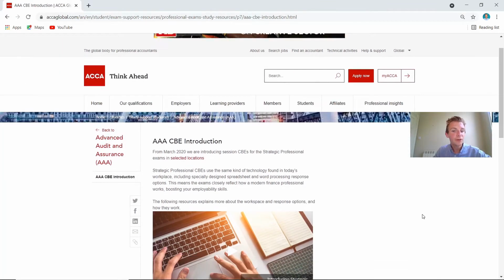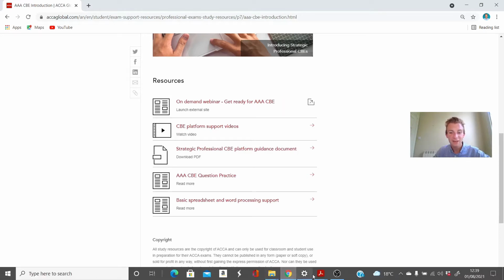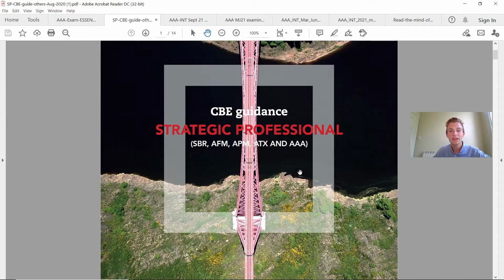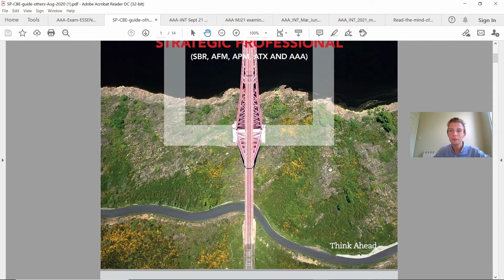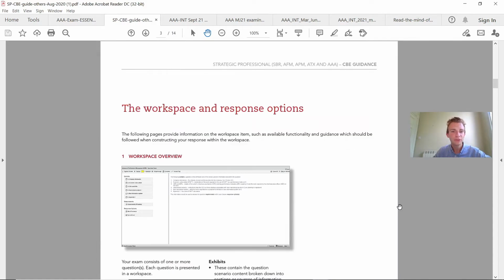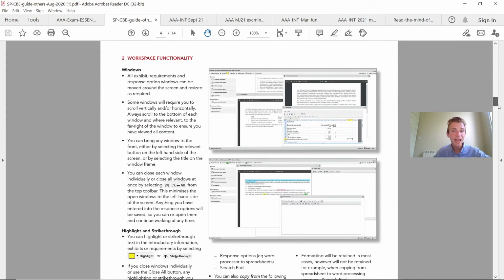Now, you've got the computer-based examination here, a nice introduction, and it's just getting used to the actual format and how to apply that with an Advanced Audit and Assurance exam. So nicely on here, I've given you documents on how to go about this and going through the performance platform. The best one I found on here is the strategic and professional guidance for it. If you have a little look through yourself, it goes through all of the importance of question practice, all of the workspaces that you see on here, how it all functions.